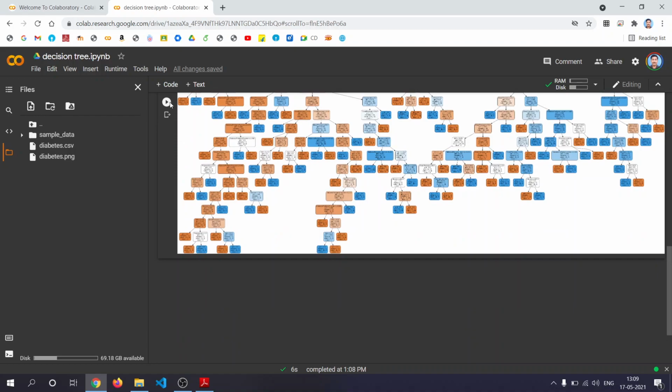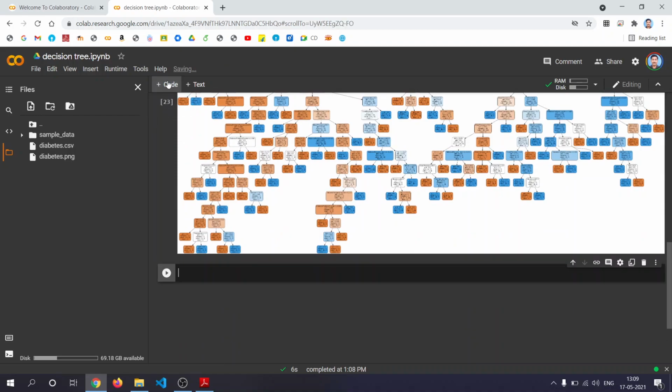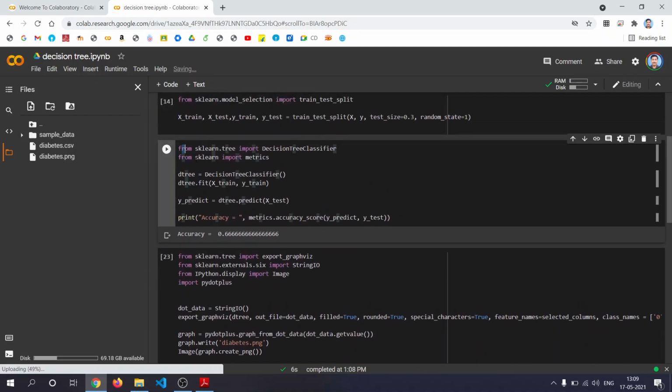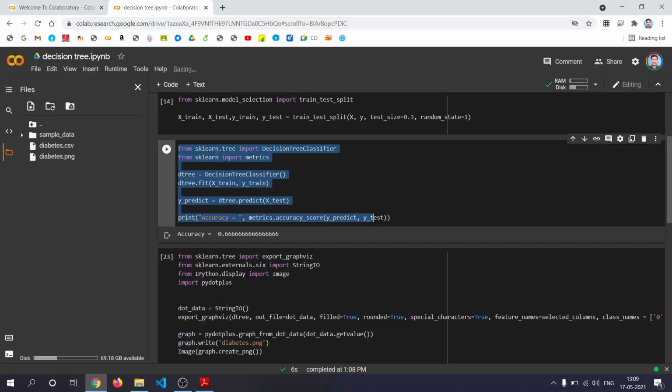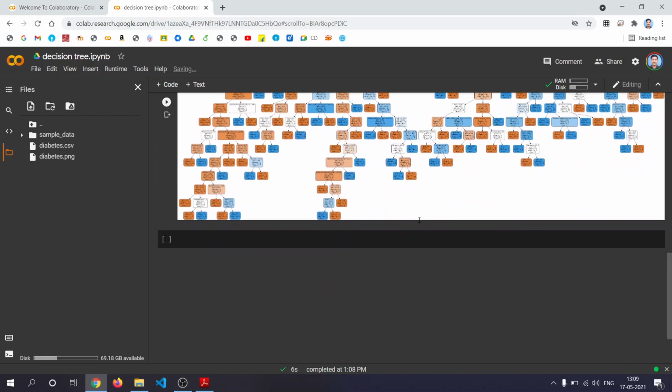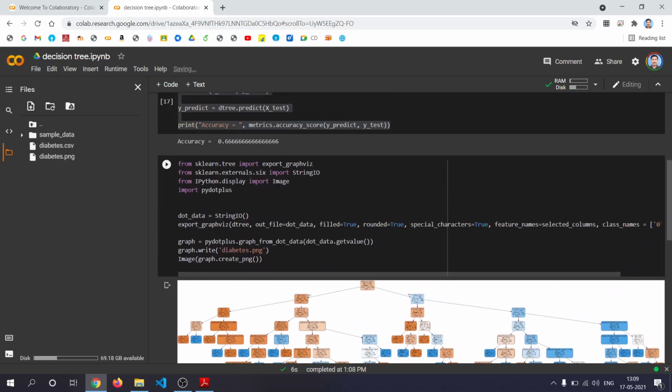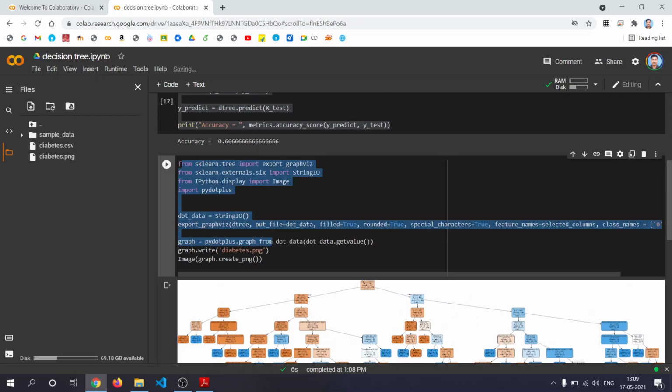Instead of this you can construct a small tree by changing some of the things in this. So let's do it. So from sklearn, let me copy this. Then this also I'll copy.